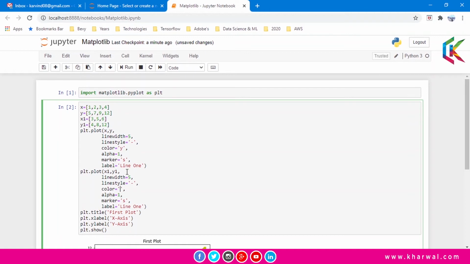and I am changing the color here. Let's say it is red, and the label is, let's say, line 2. Now let's add the legend. Now guys, if I run this script, we will get